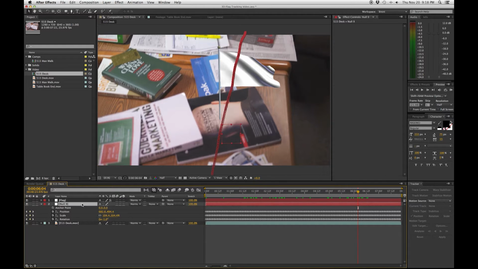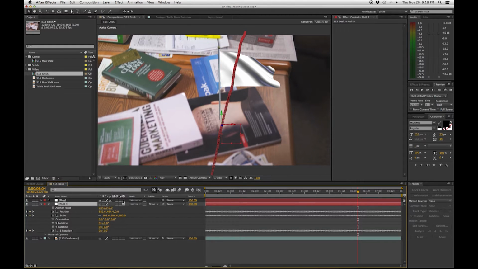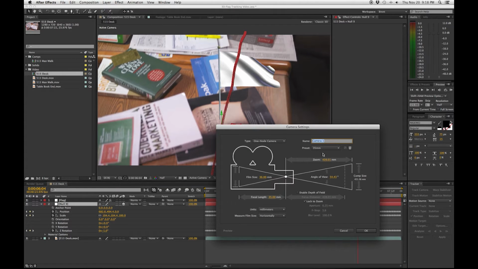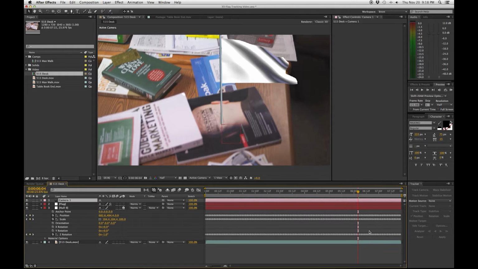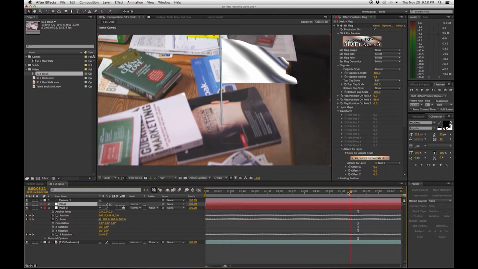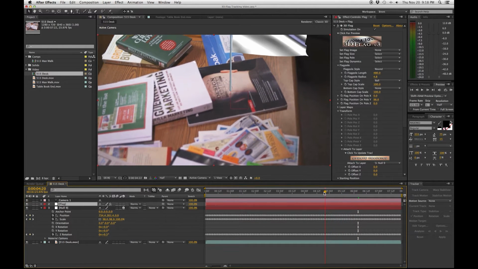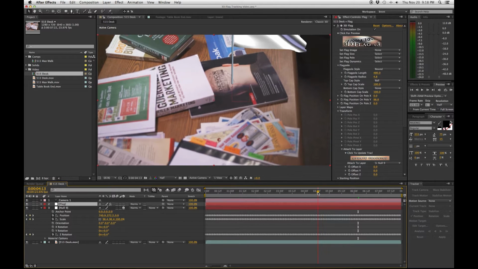We need to make this null a 3D layer, and we need to add a camera. So go up to Layer, New, Camera. These settings are fine, 35mm, that's all fine. Now you can see with the camera on, it jumped to that null, and that's the anchor point of the null is on that corner. And now if we scrub through, we're a little bit rough, but you can see that it's following that anchor point, which is following the magazine